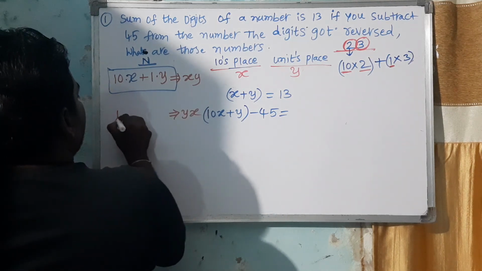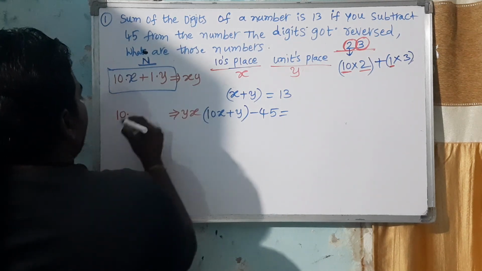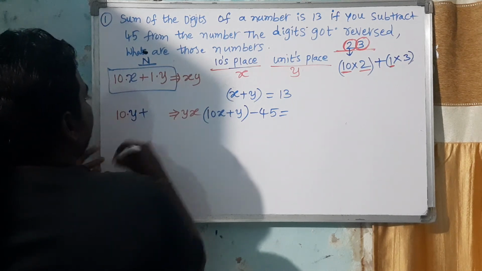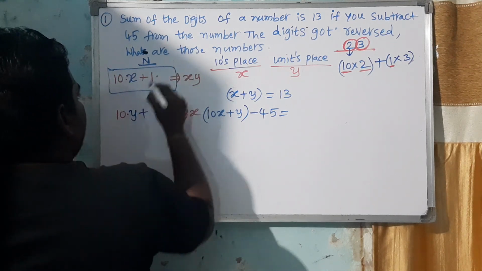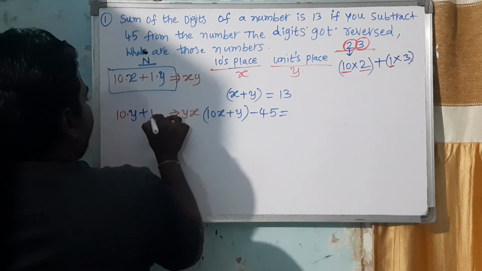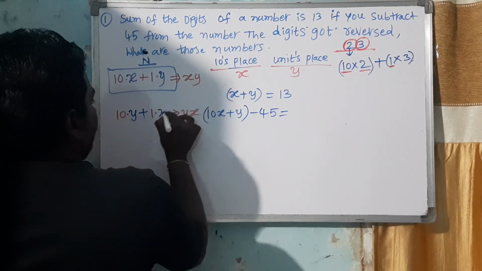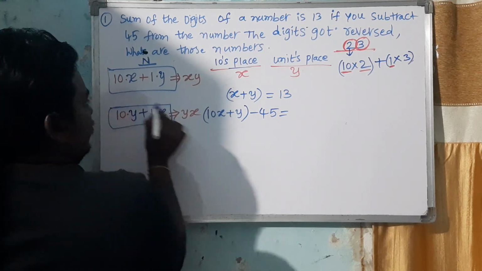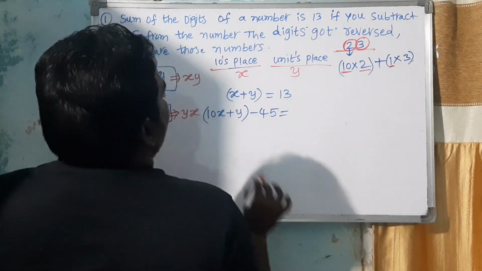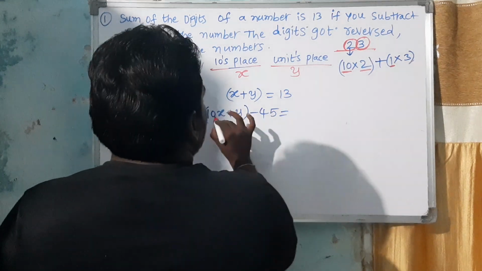In place of 10 into y plus 1 into x. So reversed, right? Number reversed. So that's why 10x plus y minus 45